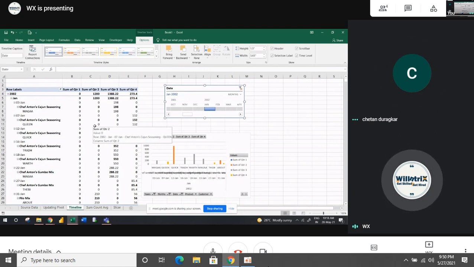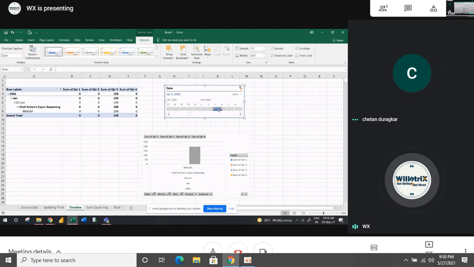In 2002 January, in that particularly you're looking for a day's transactions. I'm going here, day wise, I will check only the 3rd day. The transaction here, we have one transaction. If you want to check multiple, when you hover the mouse, the cursor will change, and you can drag to select multiple dates here. Understood?